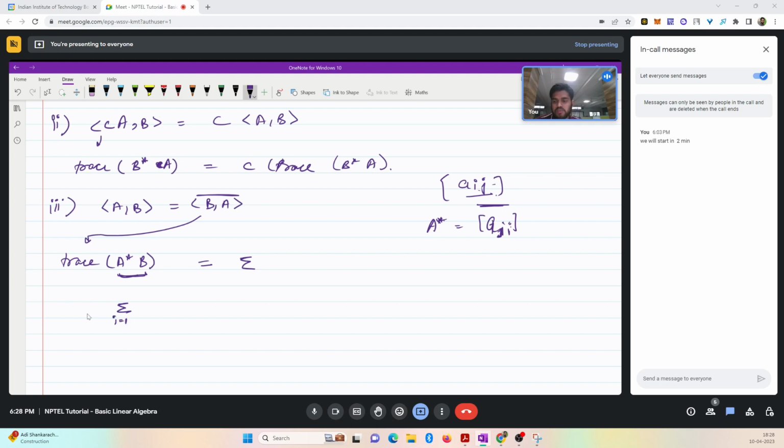Let's say my i is from 1 to n and j is also from 1 to n. So what would happen is now my first row is getting multiplied by the first column. Okay. So for A transpose, this thing should be, that is my first row. Wait, it should be